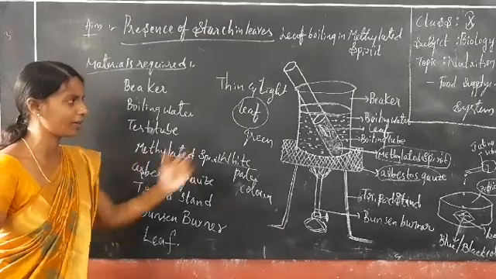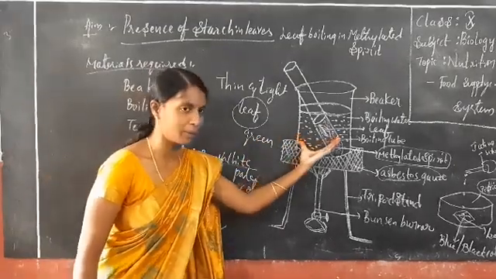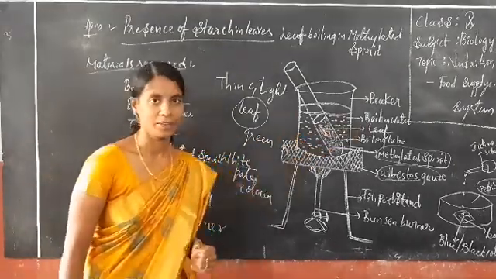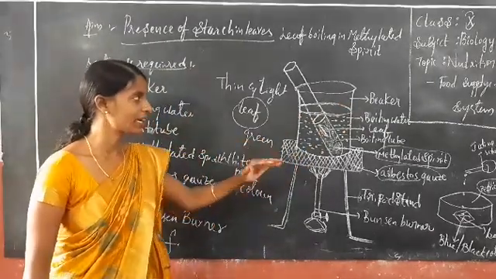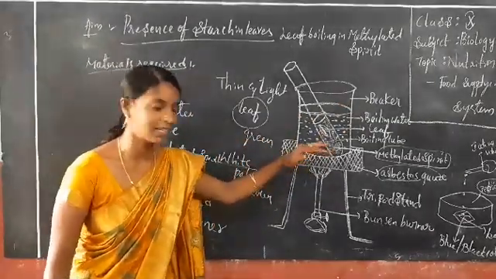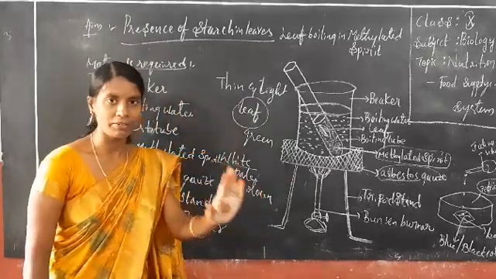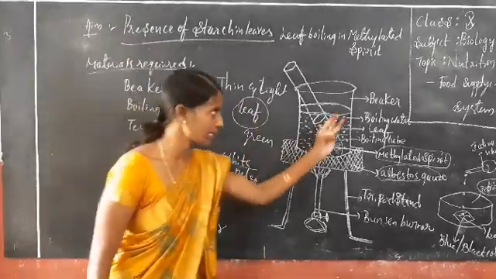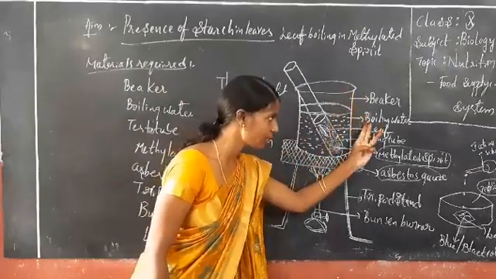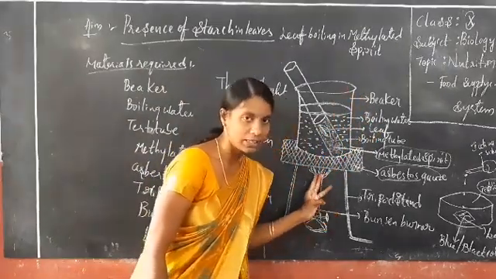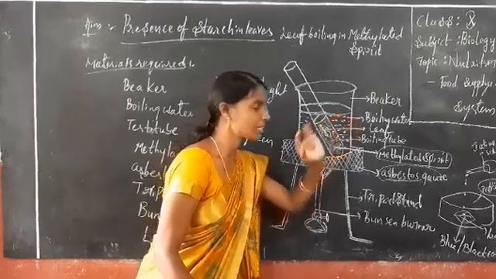What is the procedure? I already told it here. We take a beaker along with some water, and we can boil the water under the flame. Clear all of you? So that is the main topic we discussed here. First of all, we take a beaker along with some water and give flame under the water bath. So finally the water is boiling.